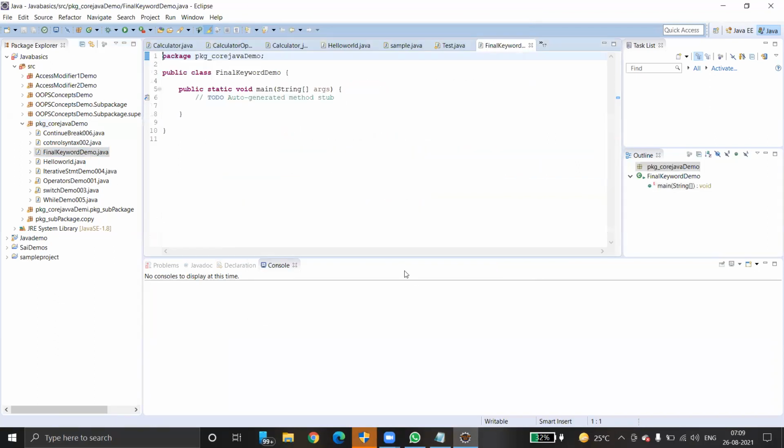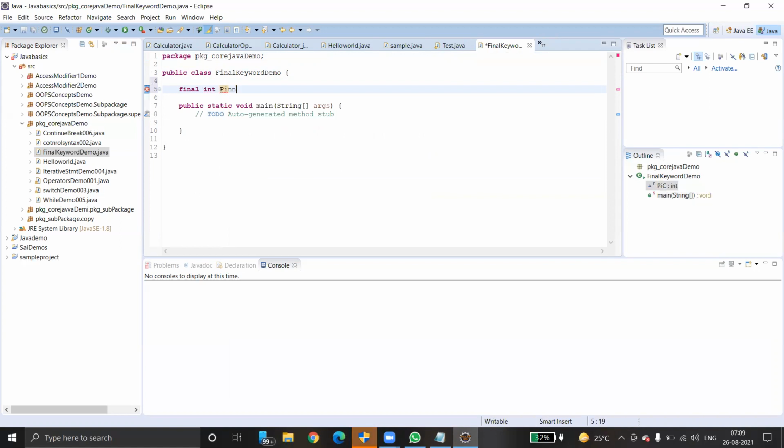Done. I just want to create a final variable, a final integer, called pin code. A pin code of a place cannot be changed, right? So it might be 1, 2, 3, 4, 5, 6.